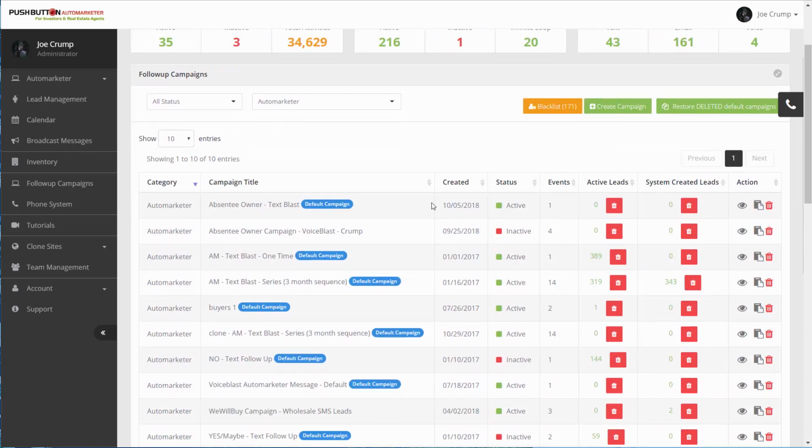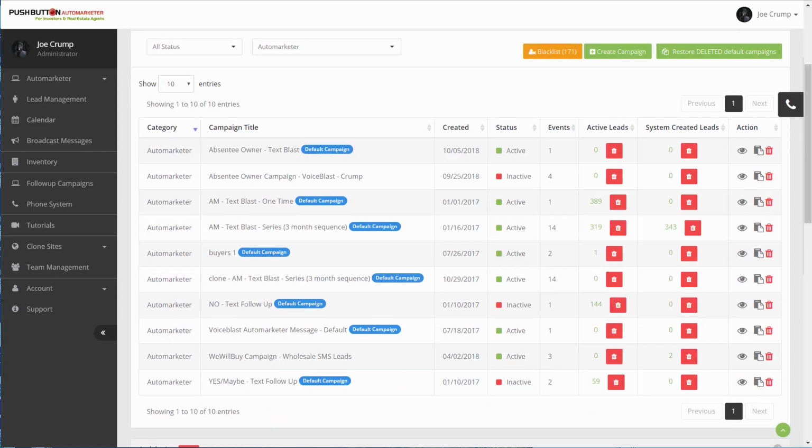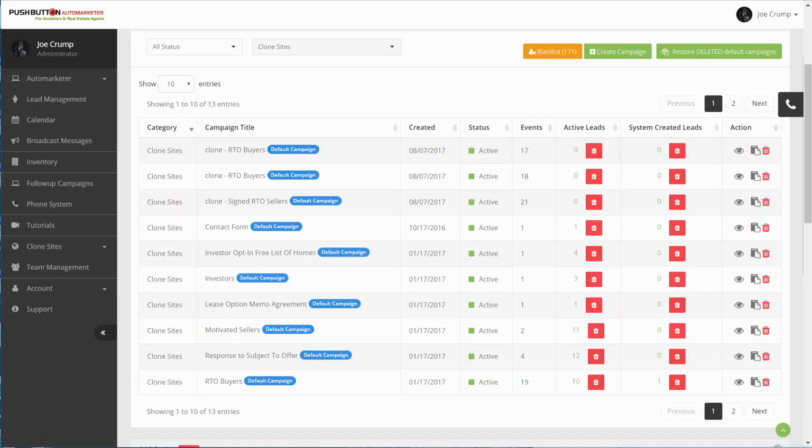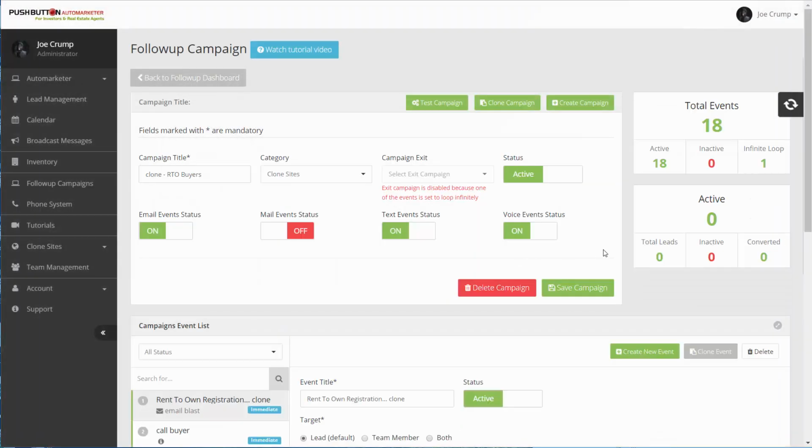If I go here to look for the auto marketer campaigns, I'm sorry, it should be the clone site campaigns, then I can see the campaigns. Here's one that's the rent-to-own buyer campaign. And if I want to look at that campaign, I can click on View Detail, and it'll open up that